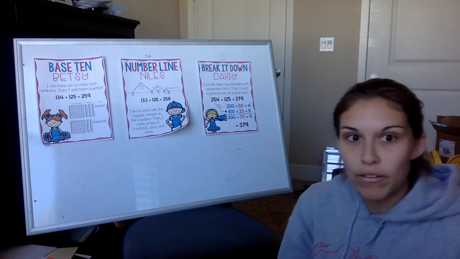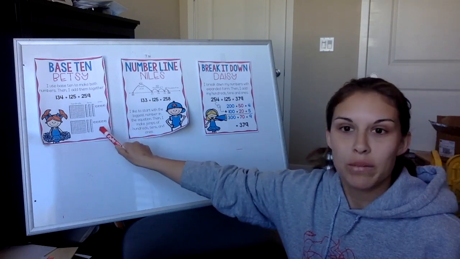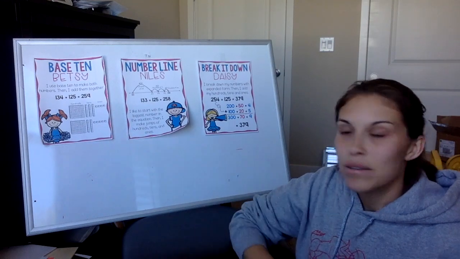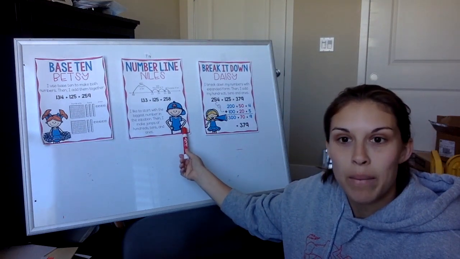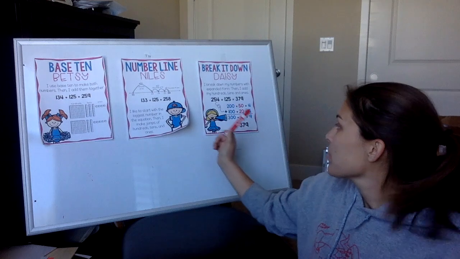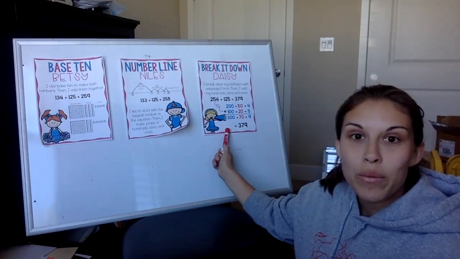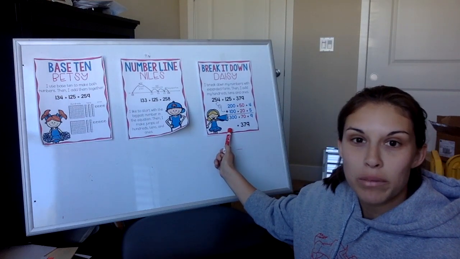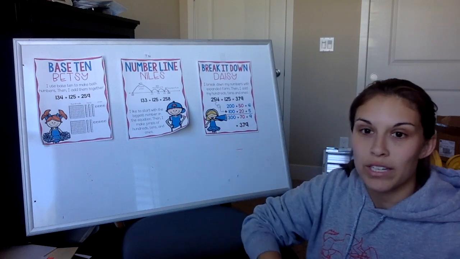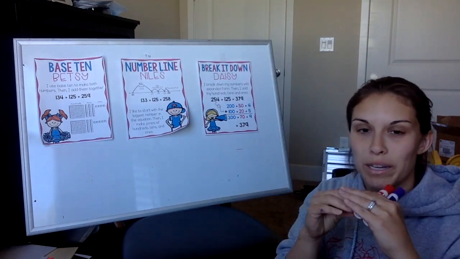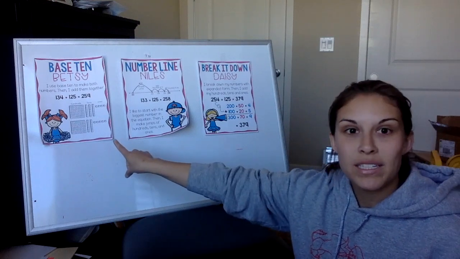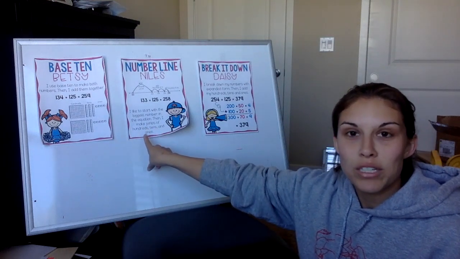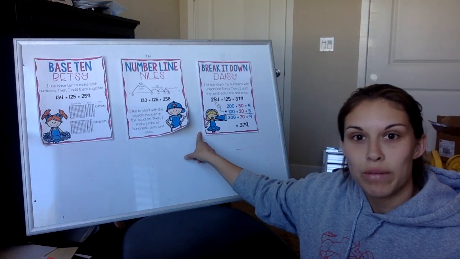So just a quick refresher, lesson 1, we learned about base 10 Betsy. Lesson 2, we learned how to add 3-digit numbers using the number line with number line Niles. And in lesson 3, we learned how to add 3-digit numbers using break it down Daisy, using expanded form. And remember, expanded form means stretching the number out. So lesson 1 was base 10 Betsy, lesson 2 was number line Niles, and lesson 3 was break it down